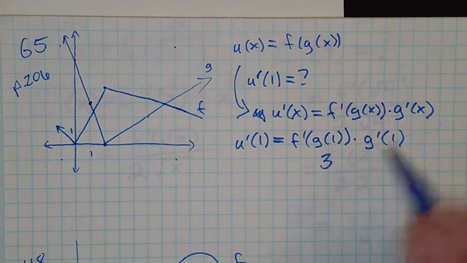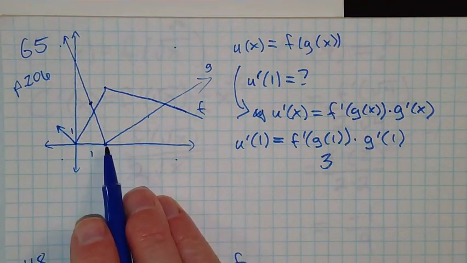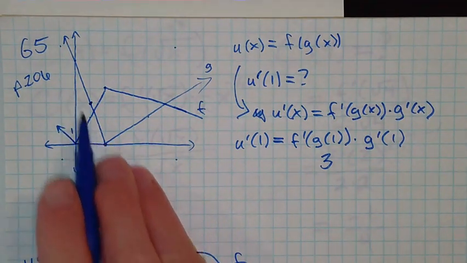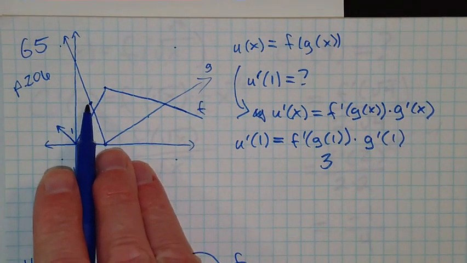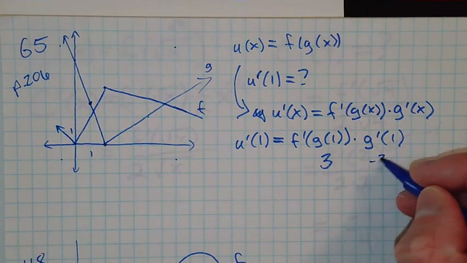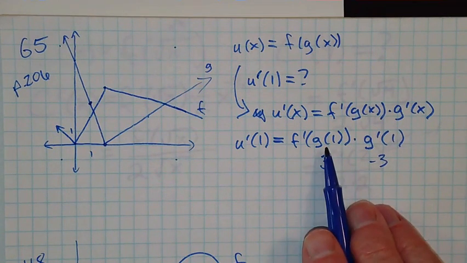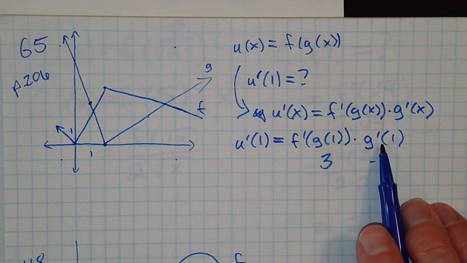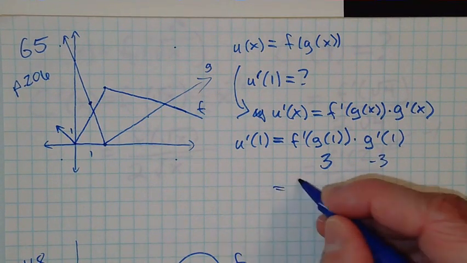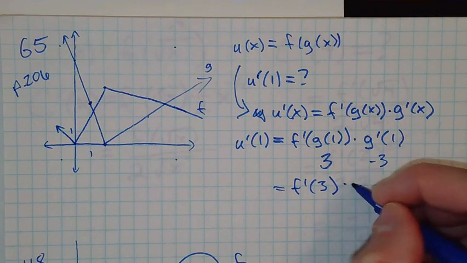And g prime of 1, well, let's see, it looks like we've got a pretty steep negative slope. I can count the squares because this is just a line, and it looks like at that point we're going down 3 over 1, so it looks like my slope is -3. Again, looking at the location of the g graph at x equals 1, and then the slope of a tangent at x equals 1. So now we've got f prime of 3, g of 1 was 3, times